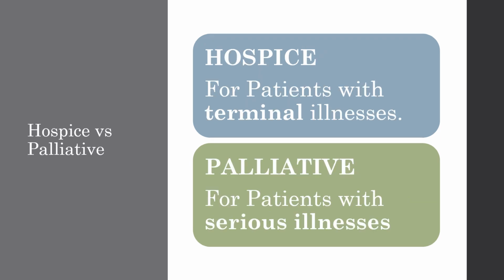People often get confused between hospice care and palliative care. To simplify, hospice care is for patients with terminal illnesses. Terminal illnesses are generally defined as illnesses in which the patient has 6 months or less to live if the disease takes its current diagnosed course. Palliative care is for patients with serious illnesses that may not have a limitation on the time left for the